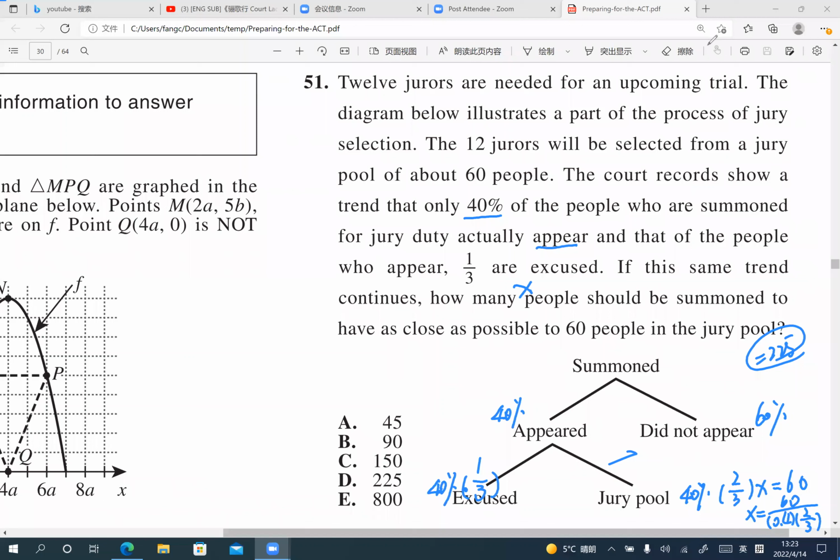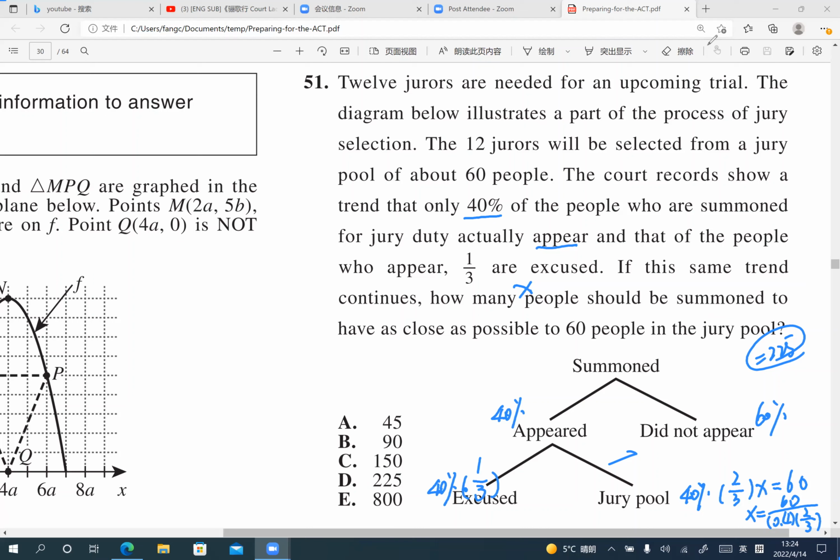Question 51. 12 jurors are needed for an upcoming trial. The diagram below illustrates a part of the process of jury selection. The 12 jurors will be selected from a jury pool of about 60 people. The court records show a trend that only 40% of the people who are summoned for jury duty actually appear, and that of the people who appear, 1/3 are excused. If this same trend continues, how many people should be summoned to have as close as possible to 60 people